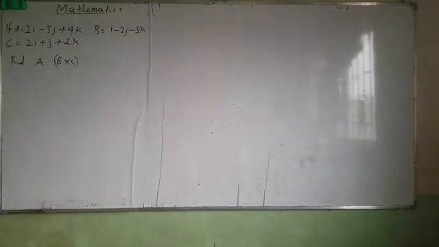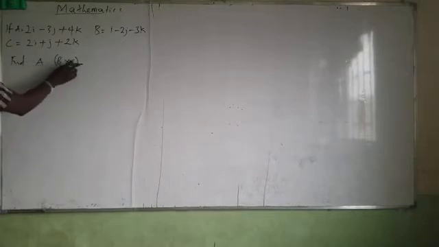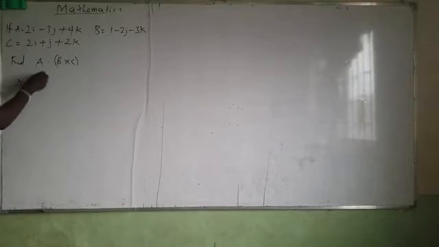Now look at this problem. If A equals this, B equals this, and C equals this, I'm asked to find A dot B cross C. What I just need to do is this. Solution: